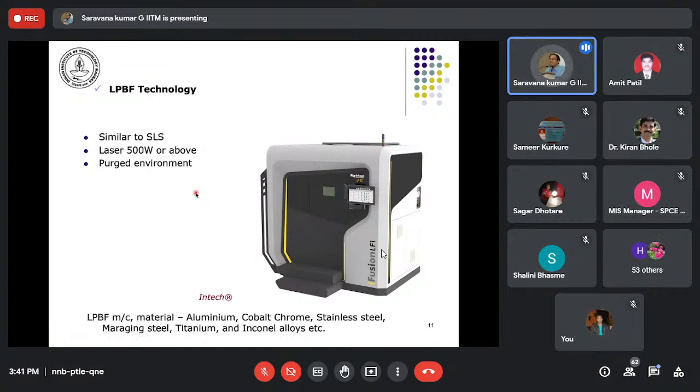Many materials are available here. Again, new materials are being developed. A lot of R&D happens in trying to make alloys from several of these materials that can be printed, because for each of these materials we need to optimize the process parameters.